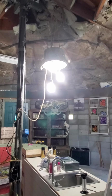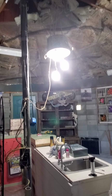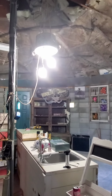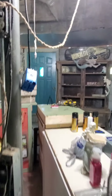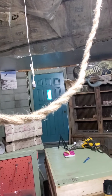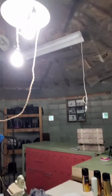It's early and the lighting's not great, but I had an old galvanized bucket. I think it came from the Dollar General, but I'd had this light kit, and the cord is like rope. It looks like rope, but yeah, don't look at that. Any electricians, don't look at what we've got going on. But anyway, I put some